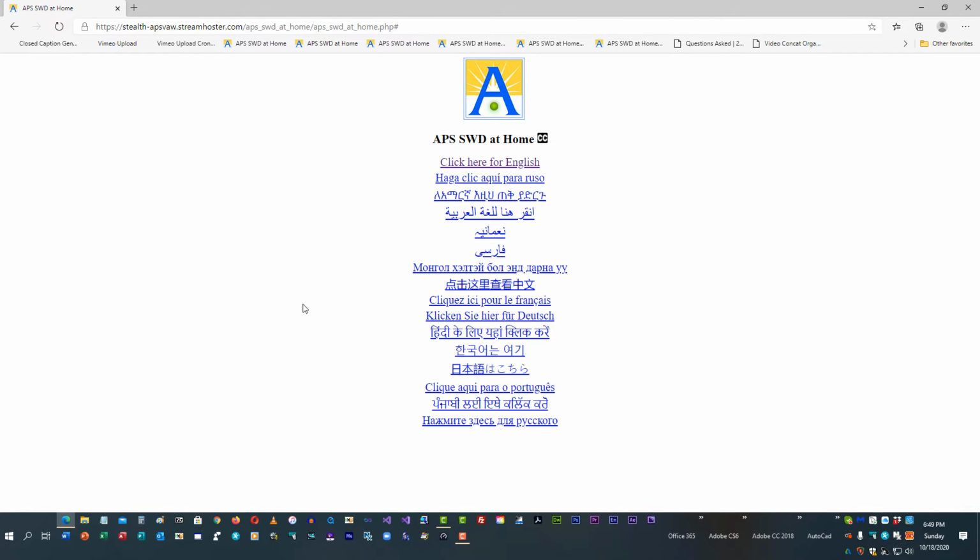All right, I entered the access code from my phone, and that takes us to the home page where we can select from any one of 16 different languages. Depending on which one you select, the next page that follows is going to be in the appropriate language. Before I click anywhere here, I want to point out that when you're logged in as a teacher or any APS staff, you'll see this green LED in the Arlington A. And if you click on that,